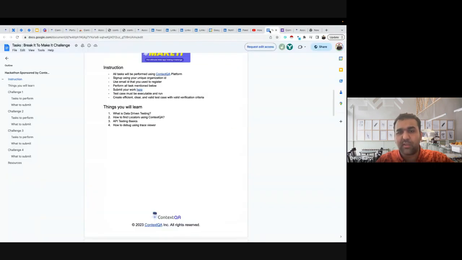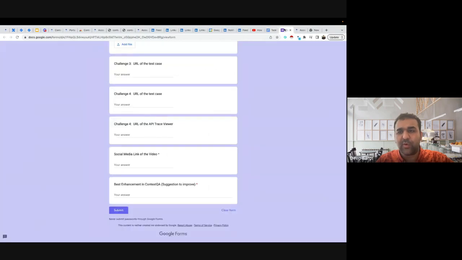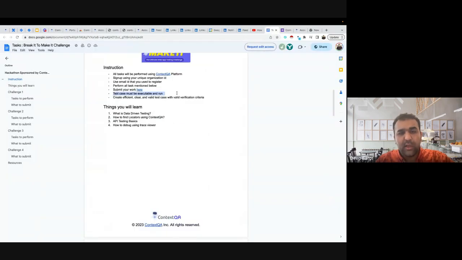As part of the success criteria, to make sure you are evaluated rightly, your test case must be executable and run, and you need to create an efficient, clear, and valid test case with valid verification criteria. That is the expectation: your test case must run, and this is the competitive advantage you will have over the other competitors, that your test case must be efficient, clear, and valid.